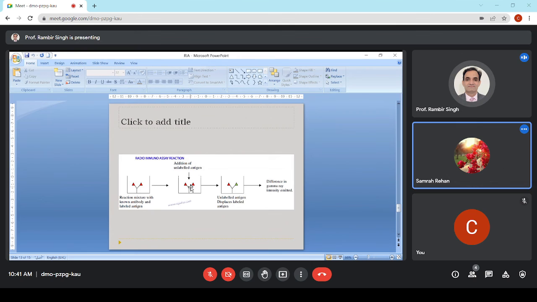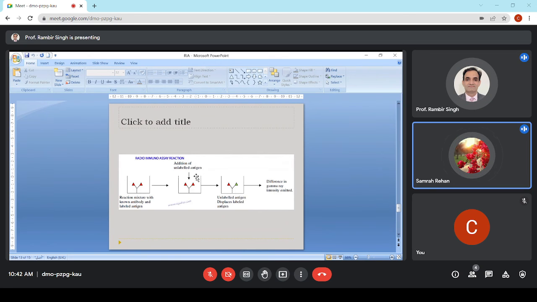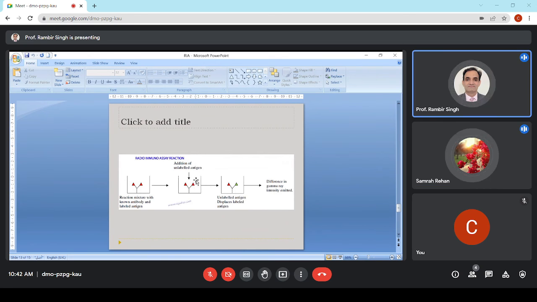So when we mix a sample, then what will happen? The antigen from this sample will compete with this antibody, and some of the labeled antigen will be removed because it will compete. When this labeled antigen is removed, there will be a decrease in the